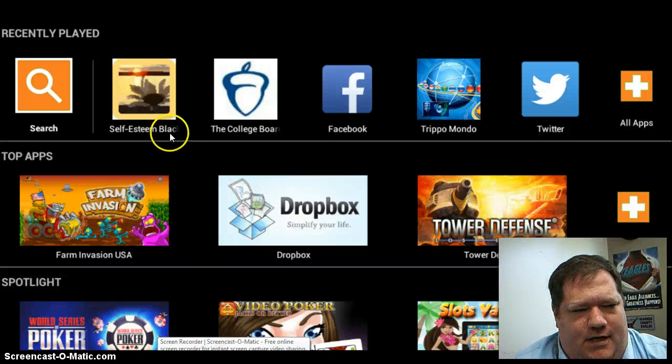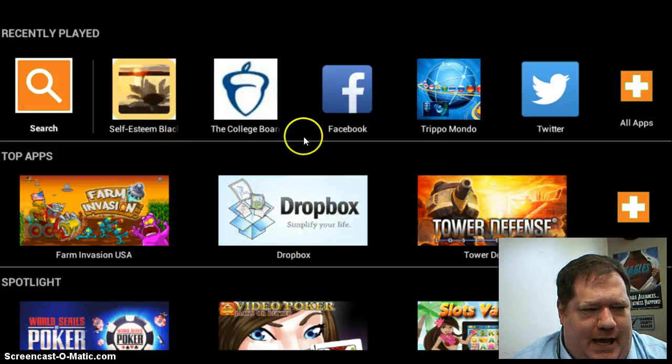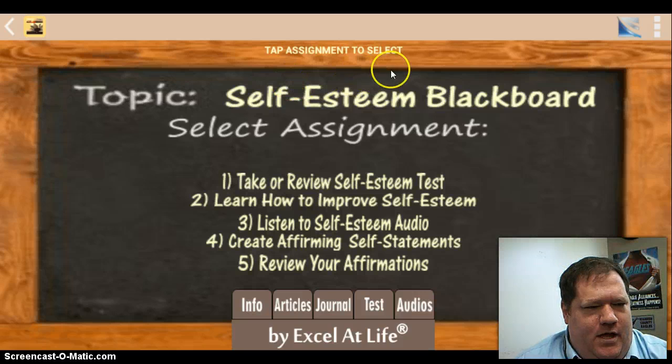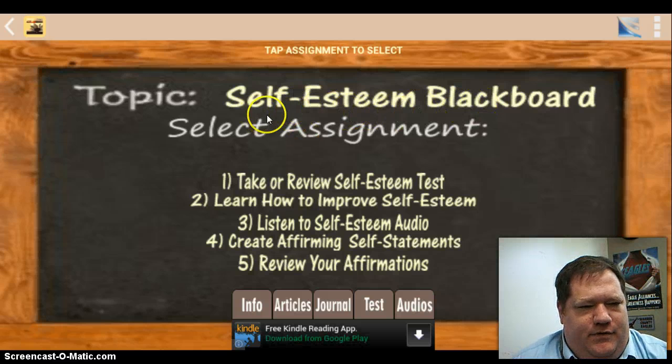Hello, this is a how-to tutorial or directions on how to use the Self-Esteem Blackboard app. Once the app has been installed from the Google Play Store, you just open the app on your mobile device. The first screen that you'll see is basically the home screen, the landing screen with your title,